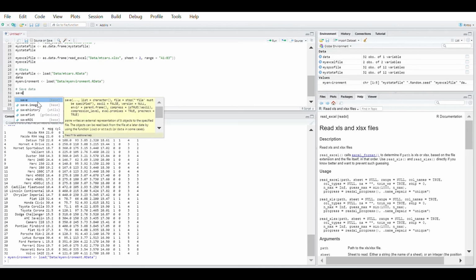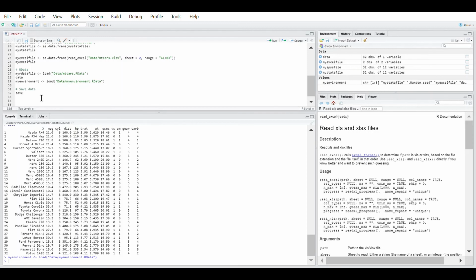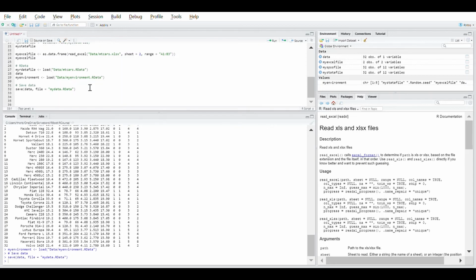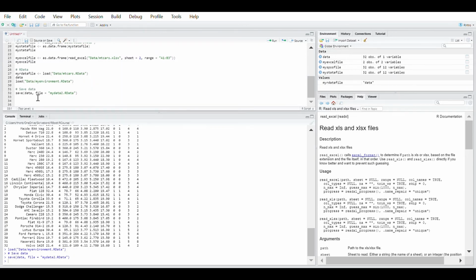Now the save function first asks you to specify which object is to be saved. We can say that we want to save data. And then you can specify as part of the file argument what the file is to be called, for example, mydata.rdata. We can further specify that more objects than just one are to be stored in the file that we are making,